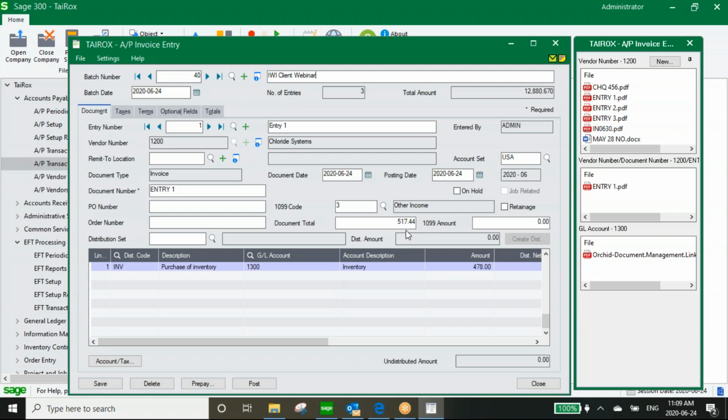So I've got my entry number 1 here for $517 that we'll expect to go to the general manager for approval. And then I have an entry here for $4,100 that will go to my controller. And I've added a third entry that will go to the controller simply because I want to show you that you can decline any payment within a payment batch. So, you know, we're not going to hold up the entire payment batch if there's one entry in that batch that you